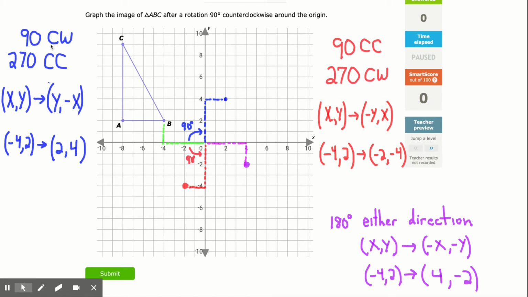If you're doing 90 degrees clockwise, by the way, that's the same as 270 counterclockwise, because you'll be asked to do 270 counterclockwise and 270 clockwise. Just remember, that's the same as doing 90 degrees in the other direction. So 90 degrees clockwise or 270 degrees counterclockwise, basically what's going to happen, and I did an example of this